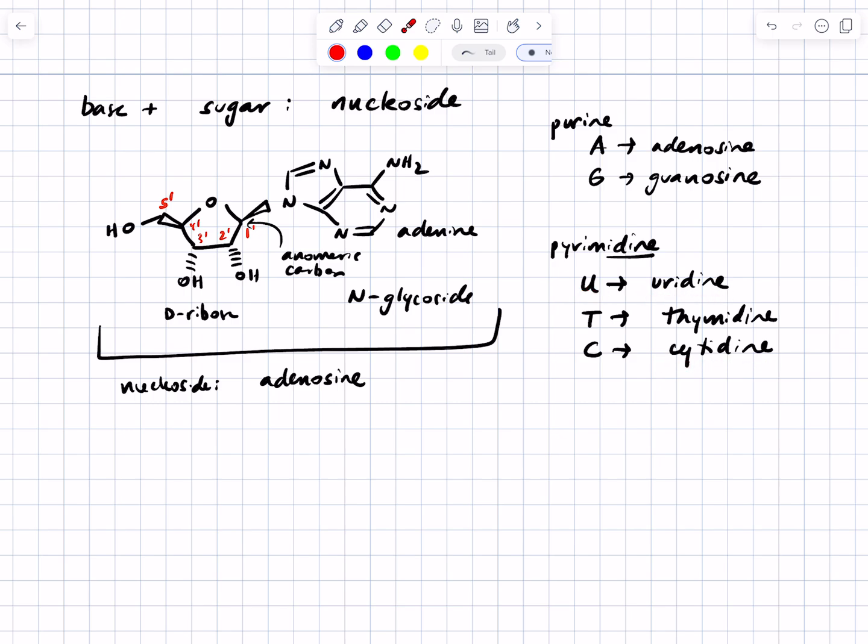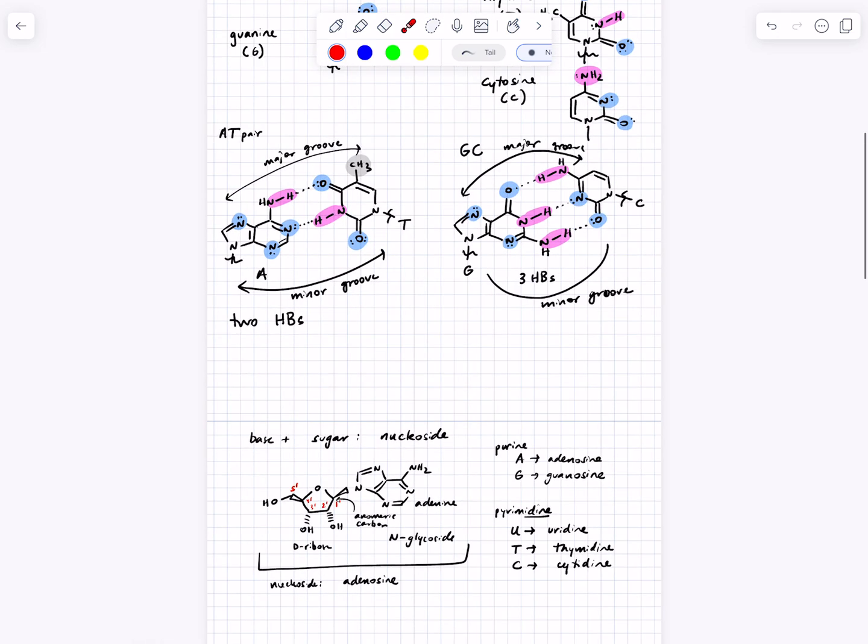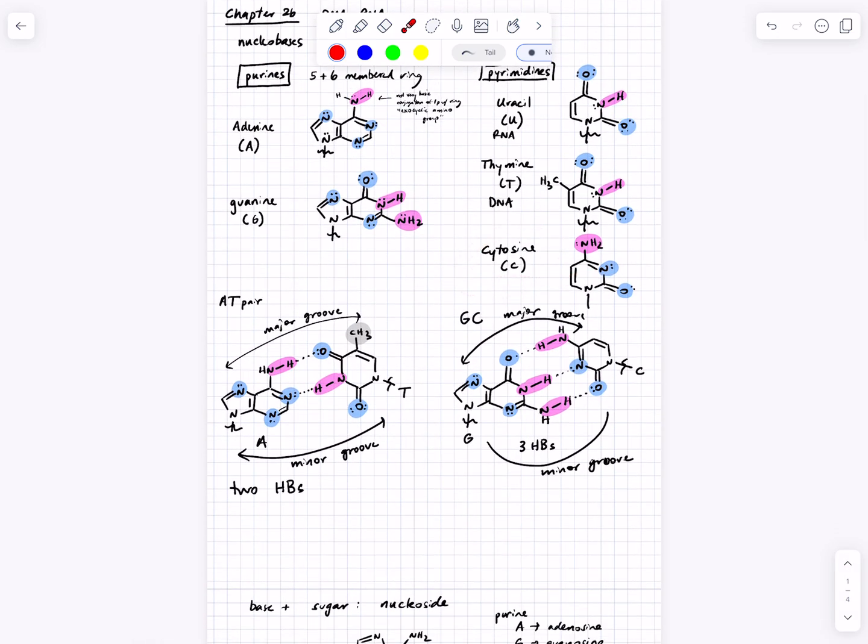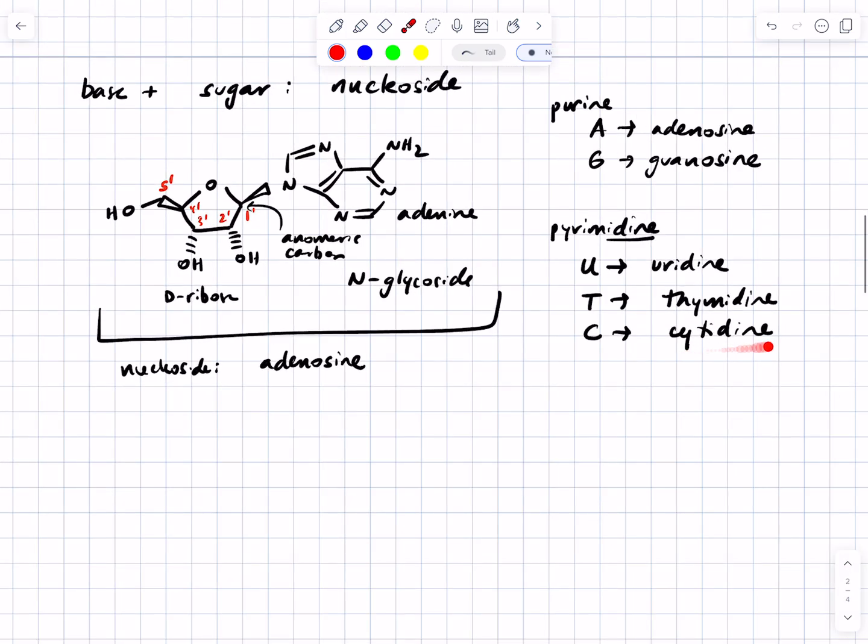And this is why I said the naming of cytosine versus cytidine is confusing. You hear cytosine and you think, oh, there's a sugar there. But the name cytosine refers just to the base. The name cytidine refers to base plus sugar. All right. Now, there are